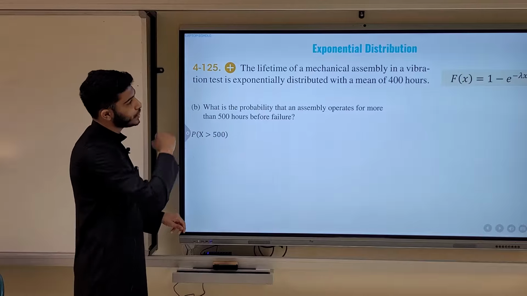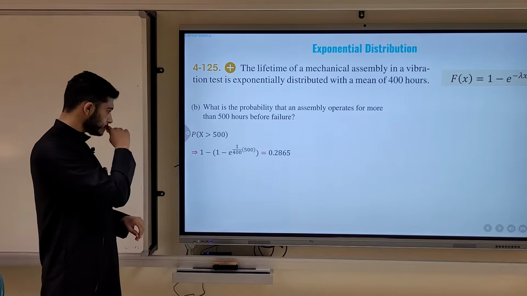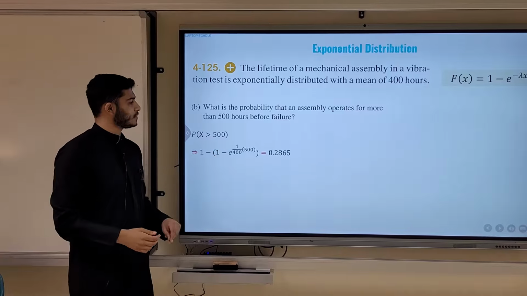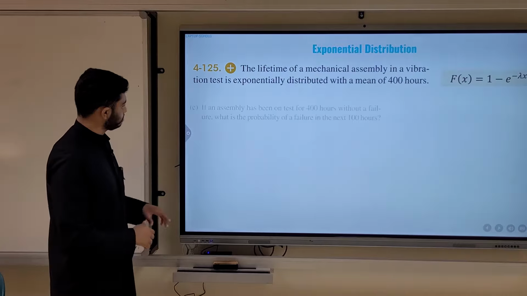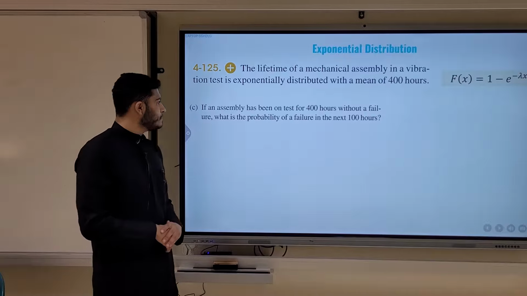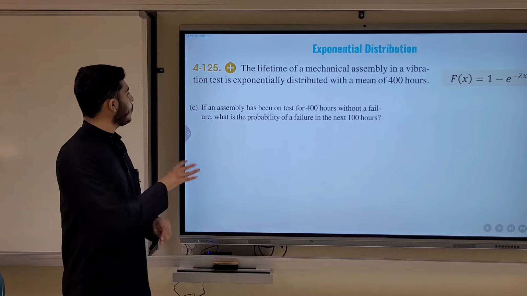We need cumulative, so we can solve it using that equation there. After we change it to cumulative, we can solve it right away. Nice. Next one. If an assembly has been on test for 400 hours without failure, what is the probability